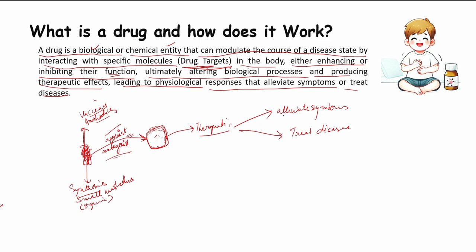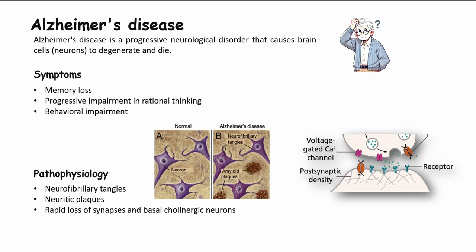So what are the main symptoms? Memory loss, progressive impairment in rational thinking, and behavioral impairment. Okay, what is the pathophysiology that we observe in Alzheimer's patients, especially in the brain? So we see the neurofibrillary tangles, neurofibrillary